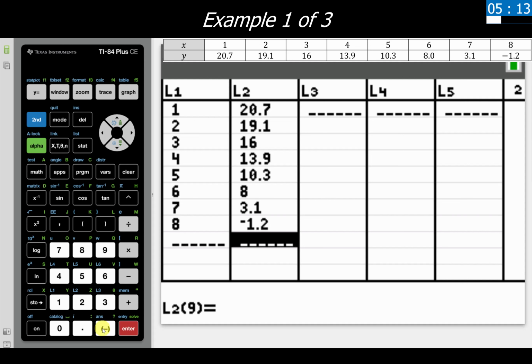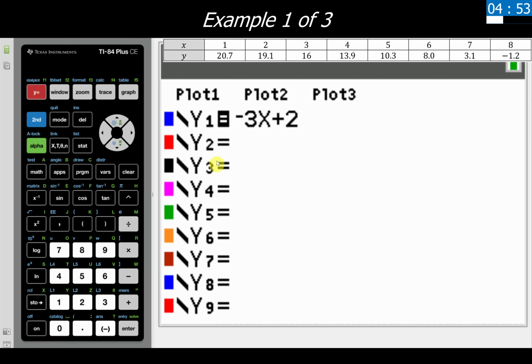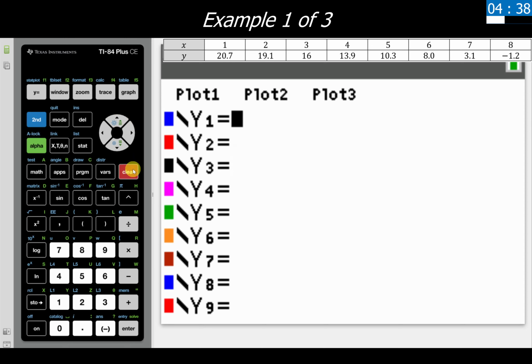Now that we have all of our data entered in, we want to actually view this data and see what this looks like. So we're going to go up and hit second mode, which is the universal go home button sequence on the calculator. We then want to come up to Y equals in the top left corner. We want to check to make sure if there's any equations written in here because these are going to distract us from the data that we want to look at. If we do have something entered in, which I do, we're going to go ahead and use the up and down arrows to maneuver to those respective equations, and we're going to clear those out.